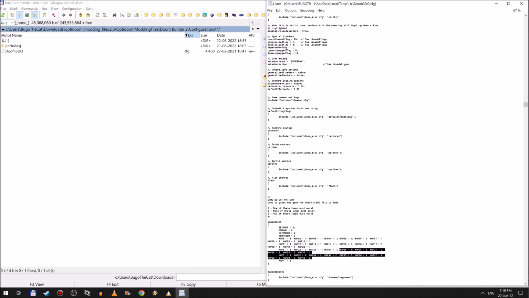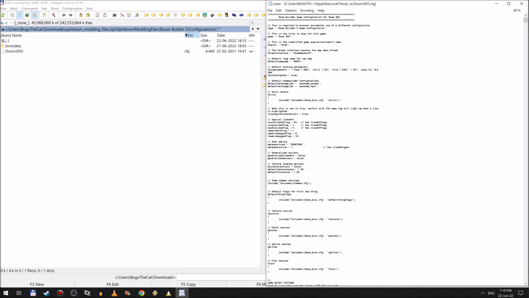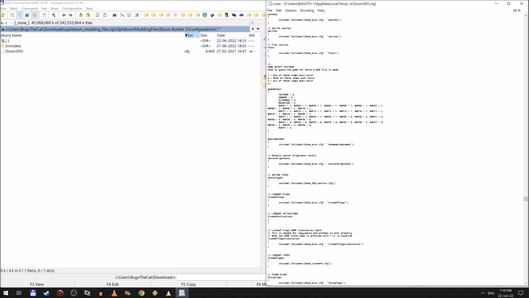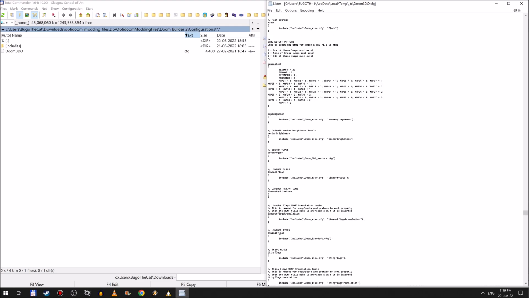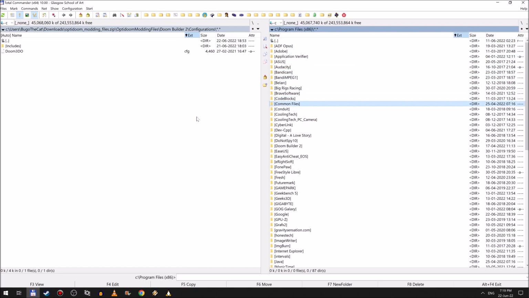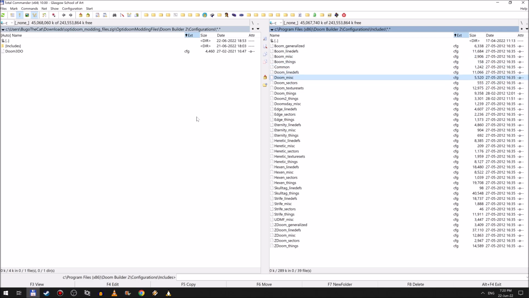Now, the number 2 is for Doom 2, but don't bother with it. I don't remember what the most important thing. See, there are things included for texture source, path sources, sprite sources, or line def activation, line def flag. It goes back to Doom MISC, but here's the new one. I added the Doom 3DO sectors because normally we are going to go to Doombuilder 2 on the right side. Here are the configurations. I have already copied it, but look, there is already a Doom line defs, Doom sectors,